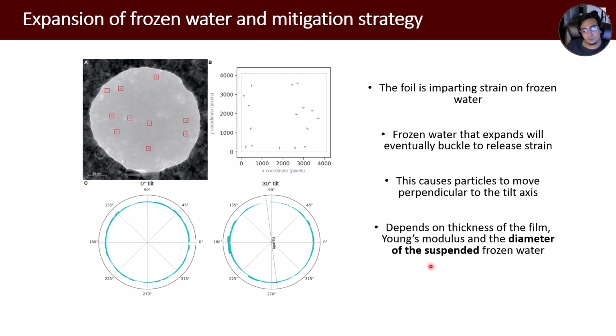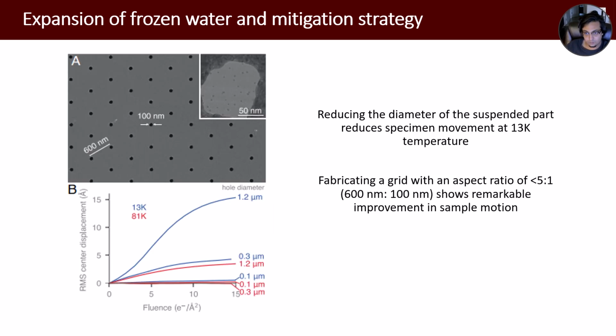Because we cannot change the property of water, which would be the Young's modulus of water, at that kind of solid phase, we can change the film thickness, and we can also change the diameter of the suspended frozen waters. And this is what the researchers ended up doing. They figured out that if you change the aspect ratio of your grid, more than 5:1, so your flat part would be quite big